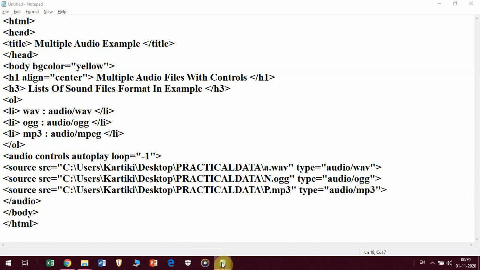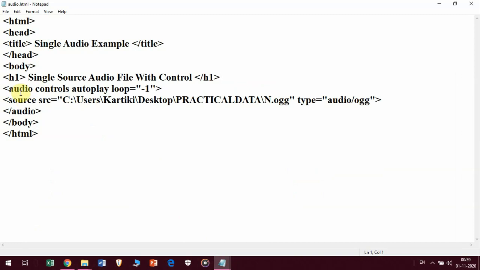And if you see the previous one, this is the previous video's code where we embedded just a single source. So this is my audio tag, here I have closed it, and only a single audio file I embedded into my program.